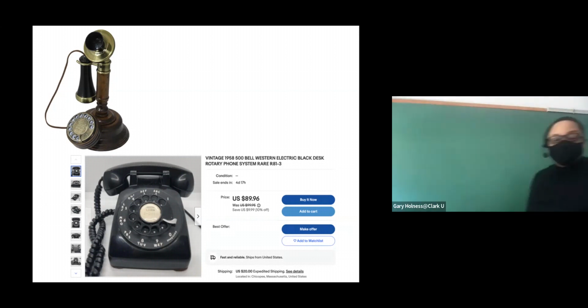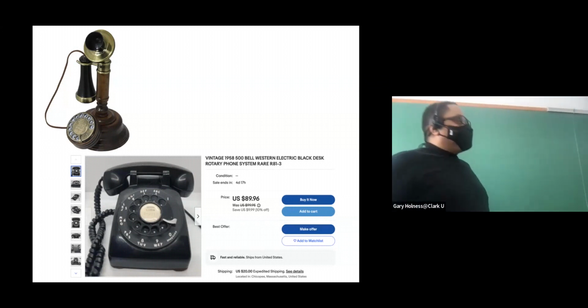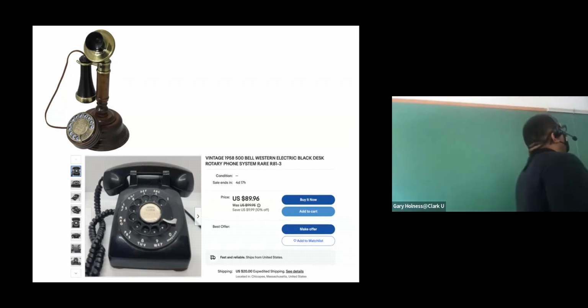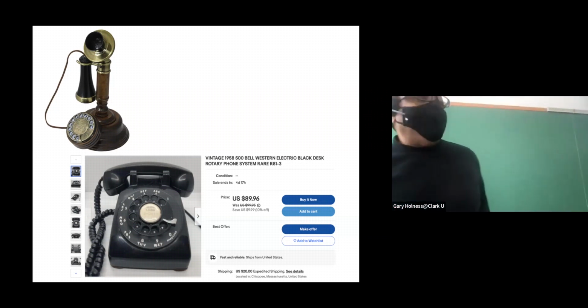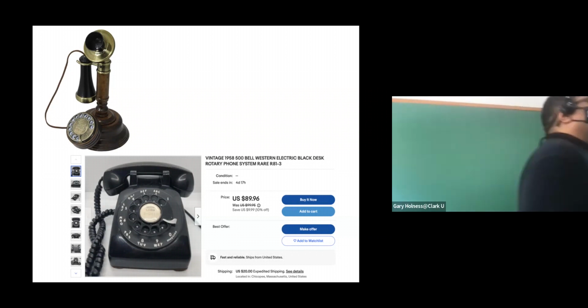Now, this is what a phone looked like when I was really little, like 4 to 6 years old, and it was a rotary phone. And with this rotary phone, this was an analog system, and you can still buy rotary phones on eBay. It's kind of pricey. They're considered collector's items, but these things will still work with your landline if you have a regular telephone line. And so with this, it was pure analog.